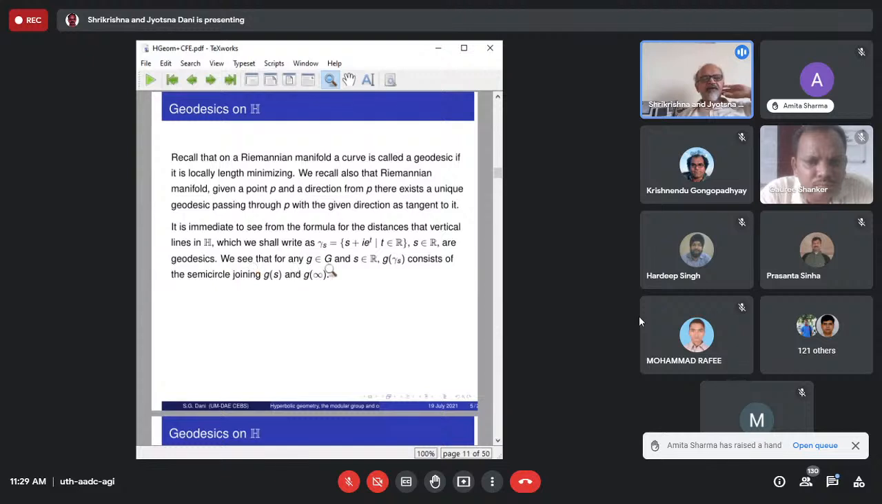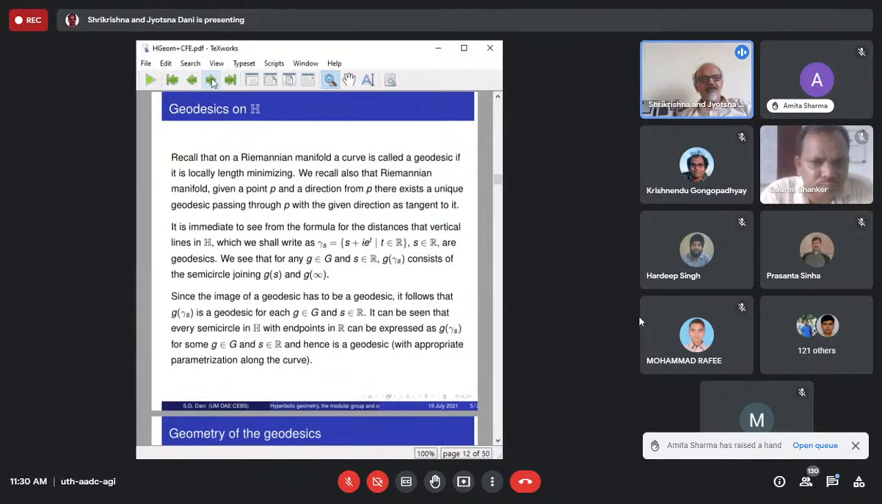Now, secondly, if I take any isometry and apply it to gamma_s, that must also be a geodesic, right? Under the application of isometries, the local length minimizing property is not going to change. Therefore, all these images are also geodesics. So we have got hold of a whole lot of geodesics here. It can be seen that every semicircle